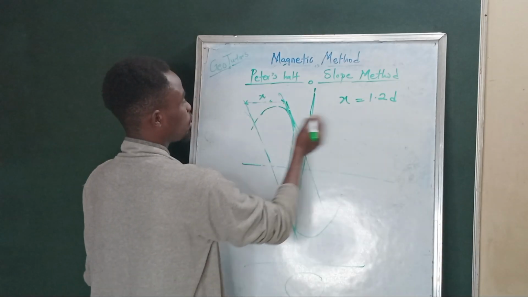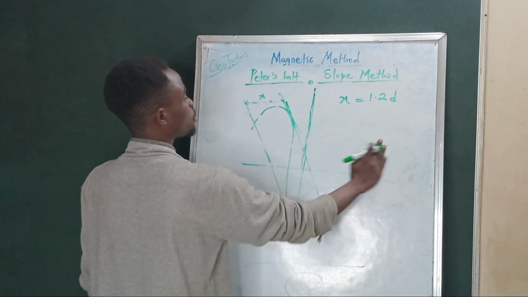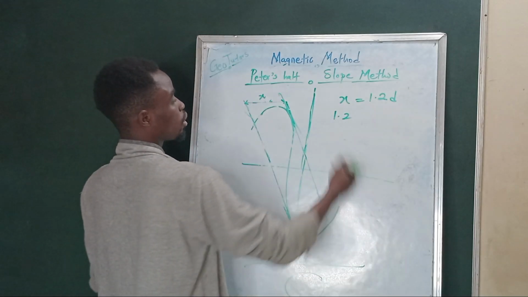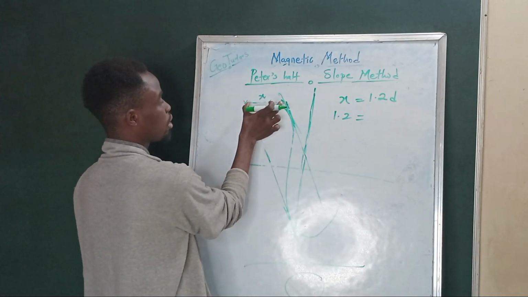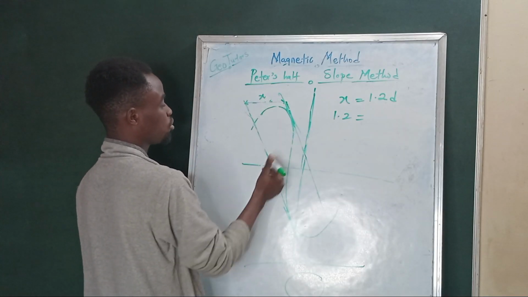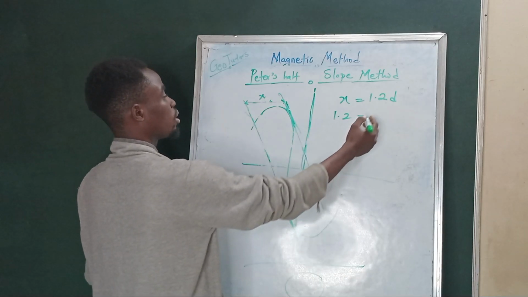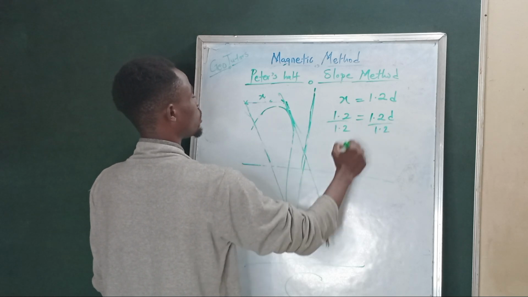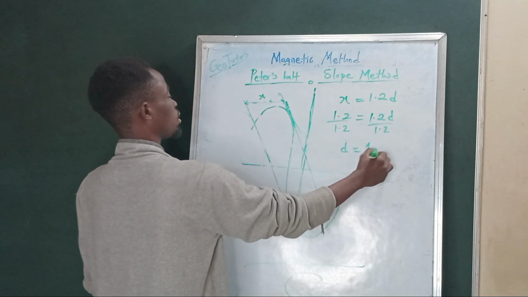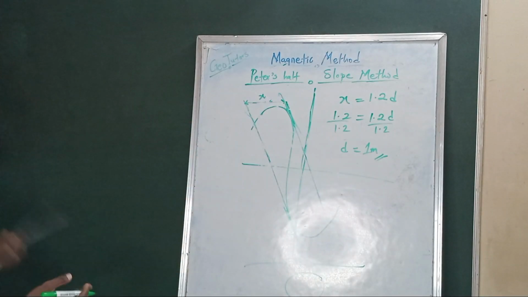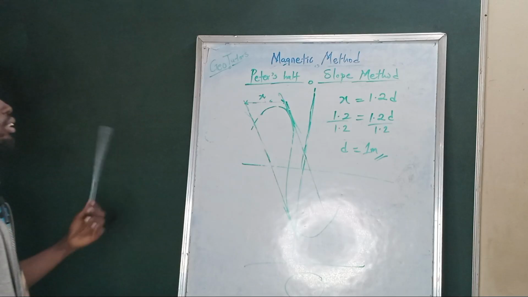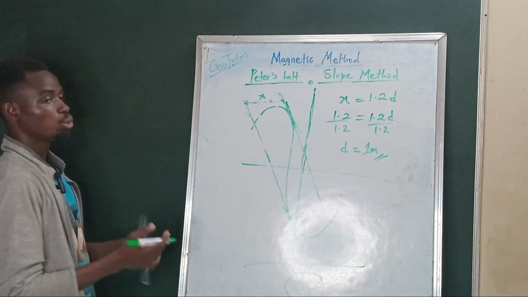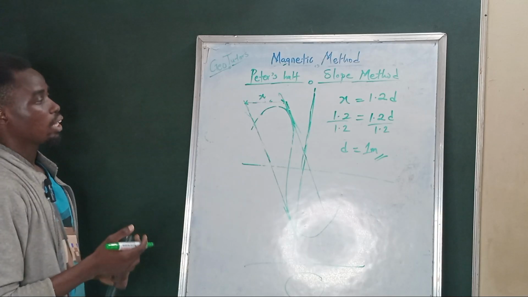Let's say x here is equal to 1.2, for example. After measuring the distance from here to here, it's up to scale, you have to check your scale. So 1.2 is equal to 1.2 d, then d is the diameter. So this is the Peter half slope method, assuming it's for a thin geometry. For half width, we checked for the geometry of the sphere. For Peter half slope, it's a method that